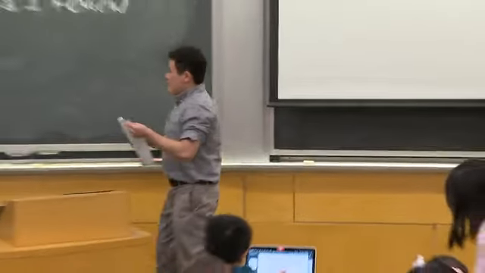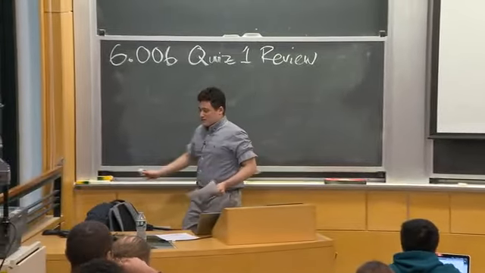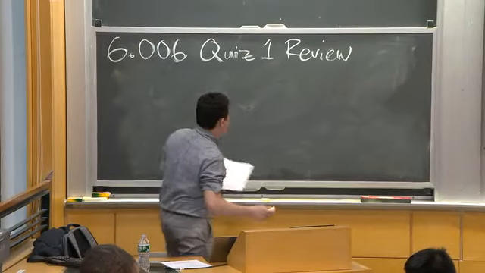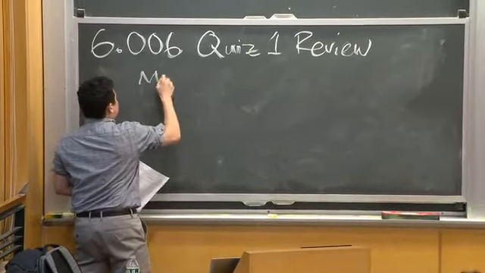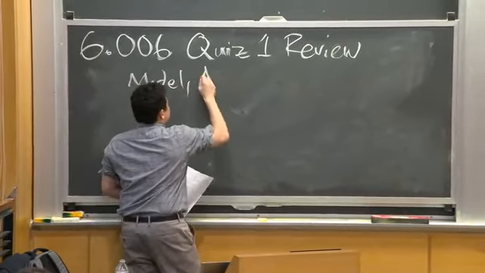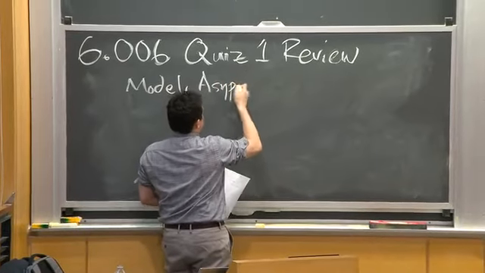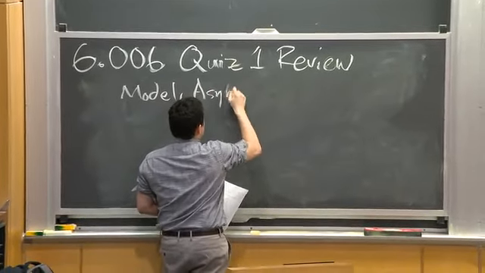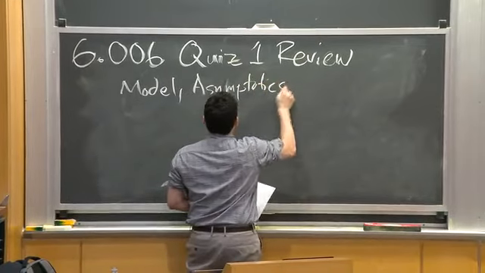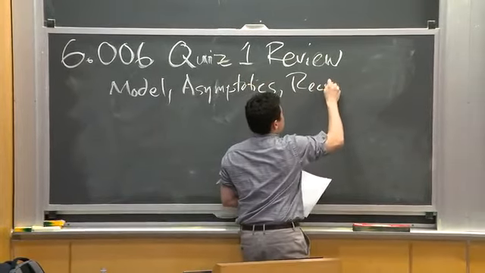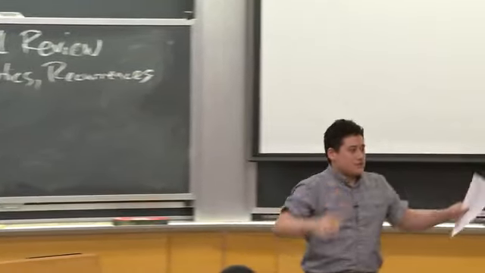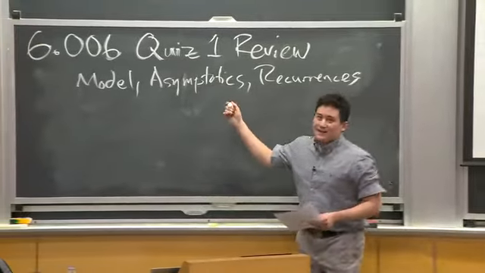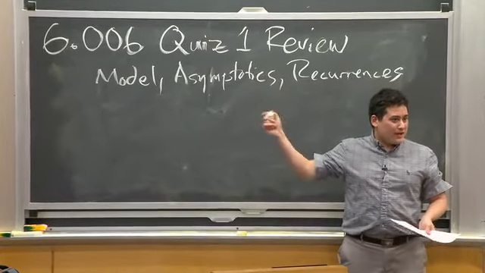And so aside from some of the nitty-gritty stuff that we do at the beginning of the term, like talking about our model of computation, and asymptotics, recurrences, right? Aside from these basics, we delve straight into algorithms, right? These are almost definitions. We don't rely on these things very much.